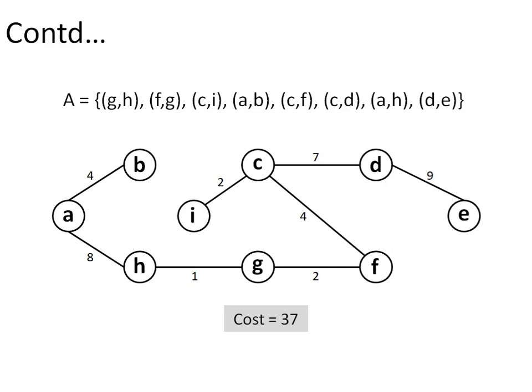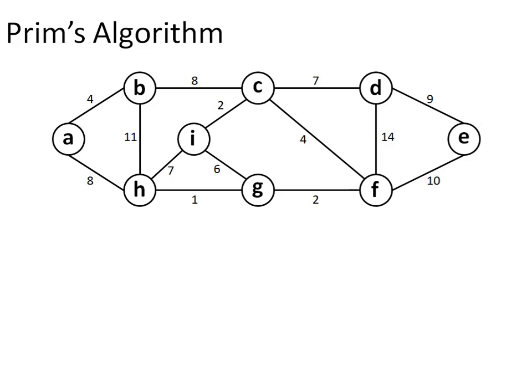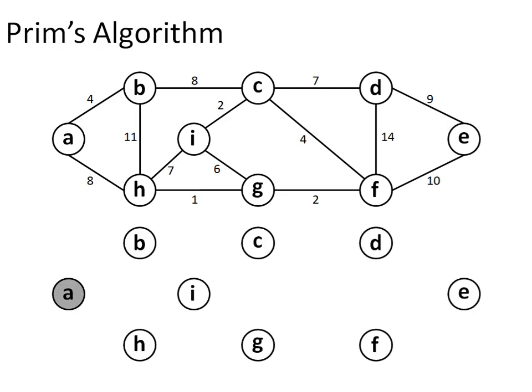Next, we have to start with Prim's algorithm. In Prim's algorithm, instead of starting with a forest, we will start with a tree having a single node. And in each iteration, an isolated vertex will be added to this tree via the lightest edge, that is an edge with the lowest weight value. So at the end, we will get a minimum spanning tree which will have all the vertices present in the graph.